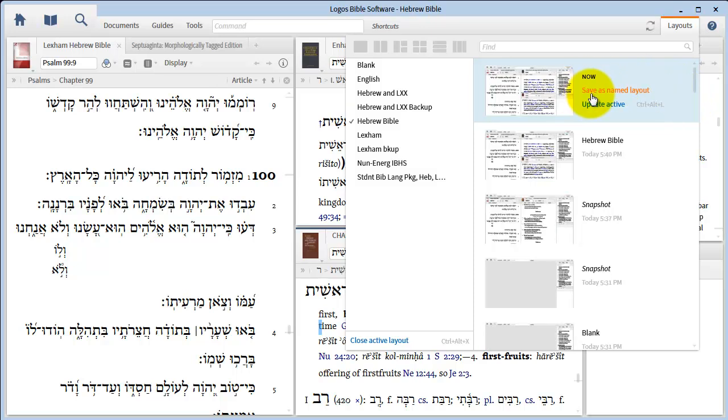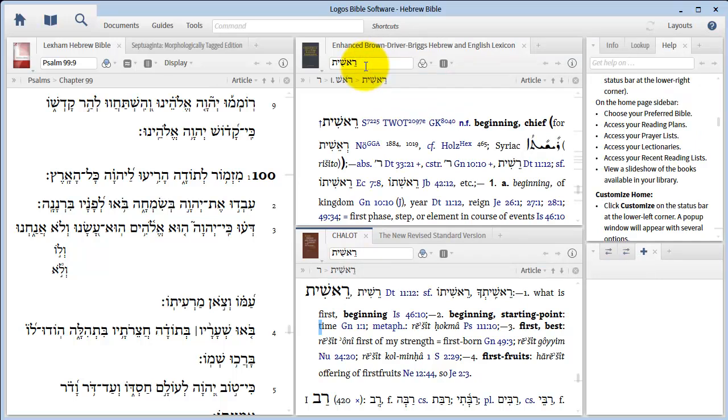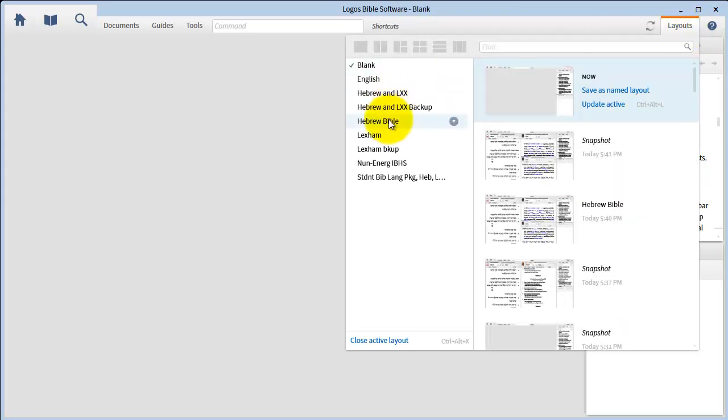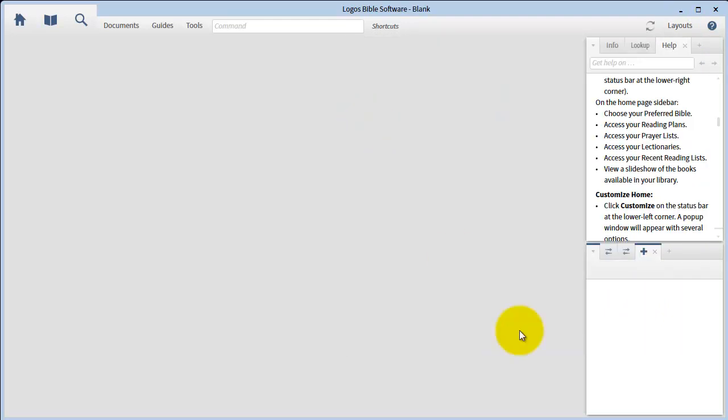Notice that the Hebrew Bible name has disappeared. It's reverted to the default. But we find over here that Hebrew Bible appears, and there's a check mark by it to indicate that we're currently operating on that. Just to show you how this control operates, I had a preset blank in order to begin this tutorial. I'll click on that, and you'll see it restores to the blank page that I used to begin the tutorial. If I want to go back now to the Hebrew Bible, I come to Hebrew Bible and click on it,